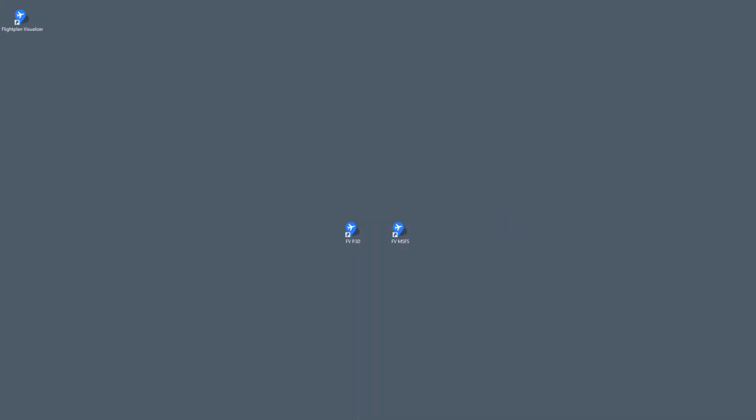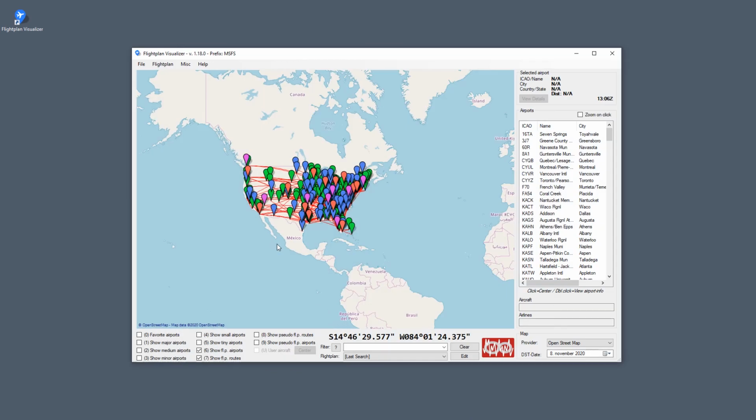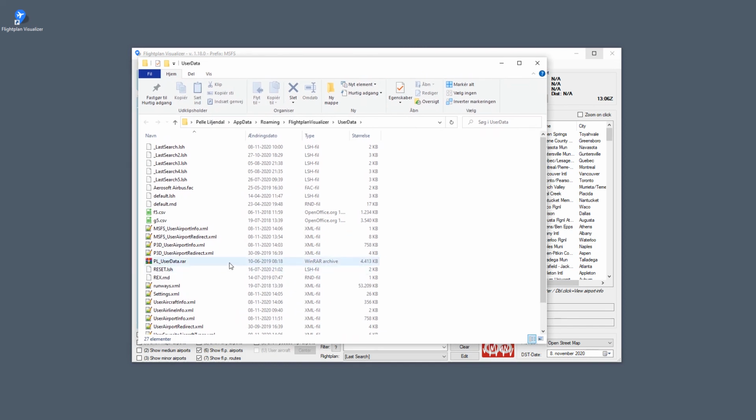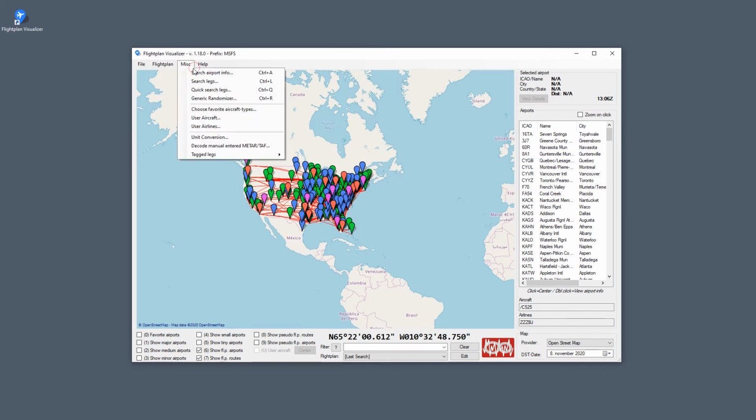The last thing I want to tell is one file I forgot to rename. I wrote it in the bottom here. It was the file for my favorite aircraft. So opening this window, you see this one, user favorite aircraft types. I want to split that also to have both the P3D underscore prefix and the MSFS underscore prefix, which would allow me to set up my favorite aircraft differently for the two